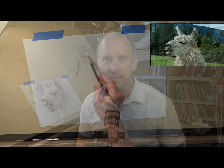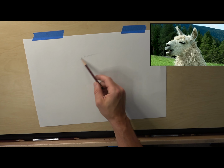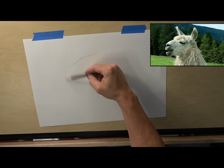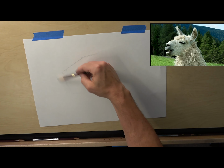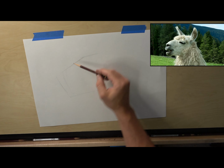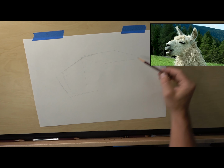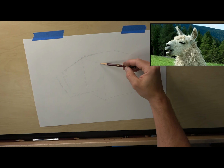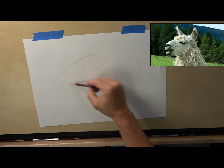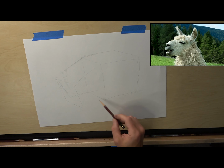Let's jump right in. So the first thing I try to do is really look at the broadest possible picture. So I'm conceiving of this guy's head as being, let's say, a cube attached to another cube. So I'll kind of feel my way around that to begin with. And then as I develop a sense of that inner cube, let's say the skull, and then the outer cube of the nasal region and the jaw,